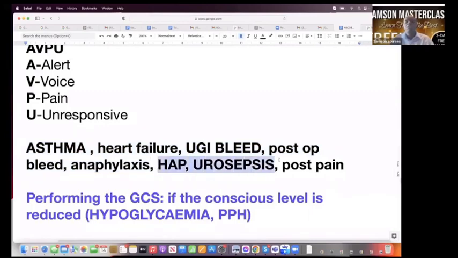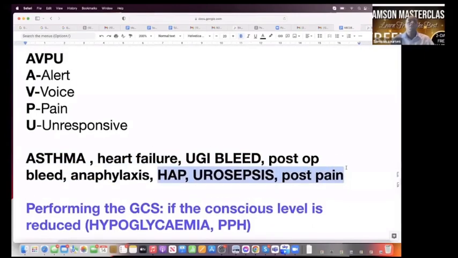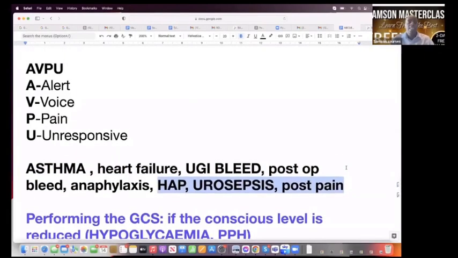Okay, urosepsis, I'm not feeling well. Post-op pain, I'm in pain. These patients are talking to you, they are alert. So we simply say, on an AVPU system, my patient is alert. We don't have to do the Glasgow Coma scale in these particular scenarios because the patient is talking to you. If we feel that the Glasgow Coma scale is reduced, then we have to do a Glasgow